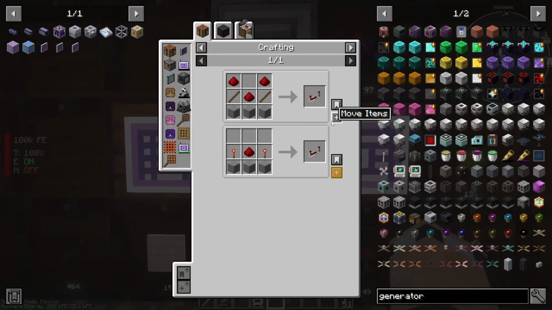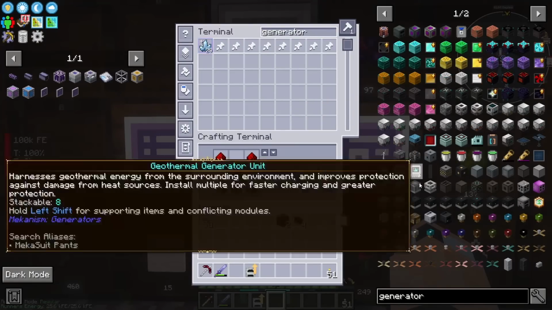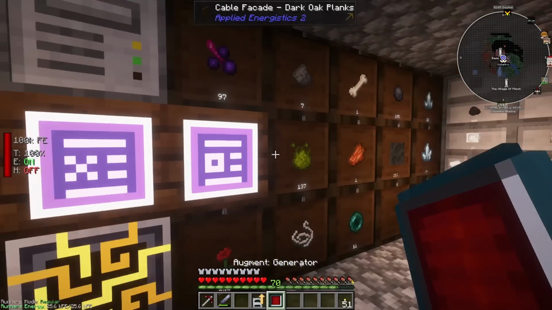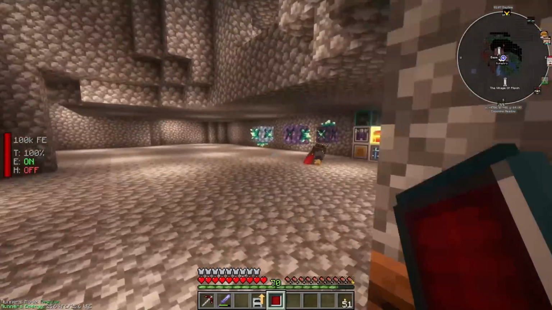Unfortunately. So yeah, we're going to use the crystal. There you go. So you make a generator out of this. Yeah, so we can turn this into a generator, which is what I'm going to do. I'm going to take all...